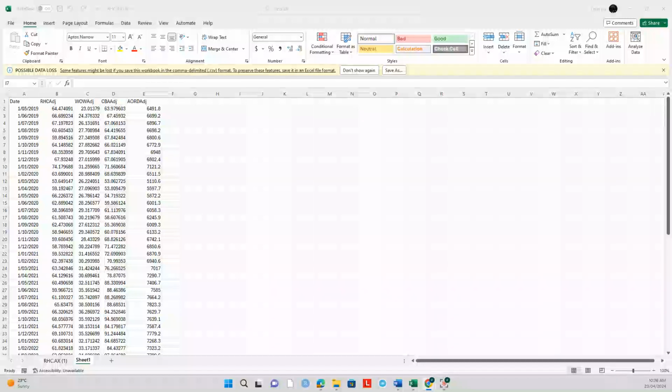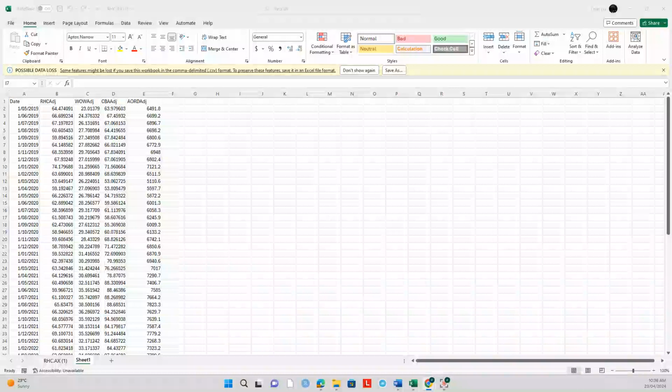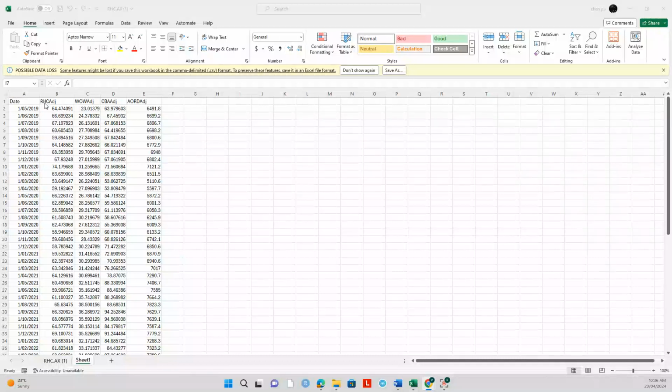Next, we want to calculate the returns from the price data. What you need to do first is organize your data in one spreadsheet. I just copy paste the date, the adjusted growth of RHC, adjusted growth of Woolworth, and adjusted growth of CBA, and the adjusted growth of all ordinary in one